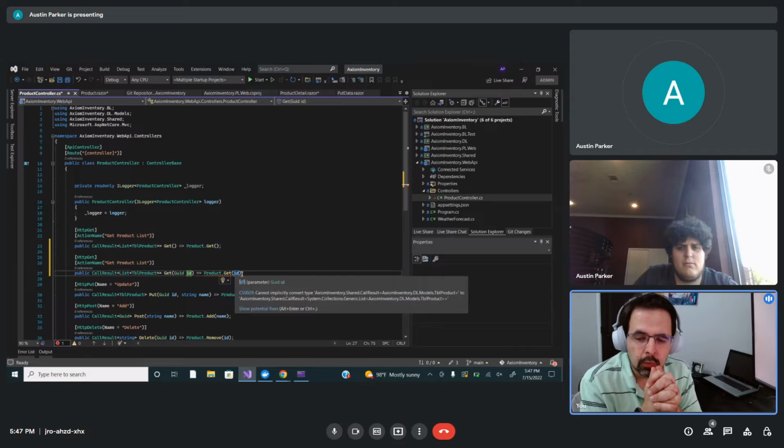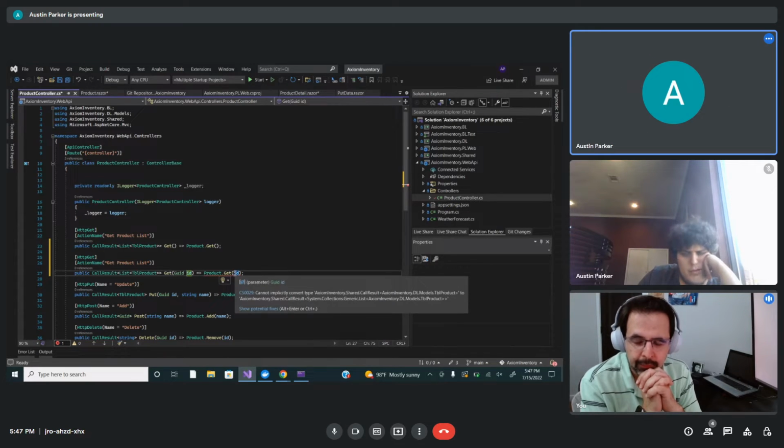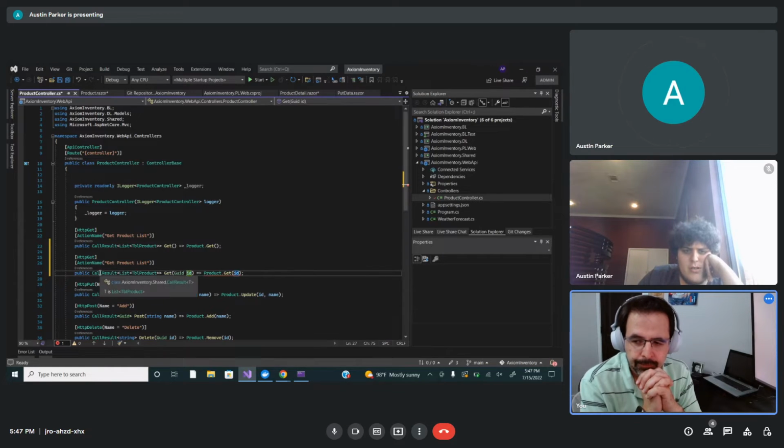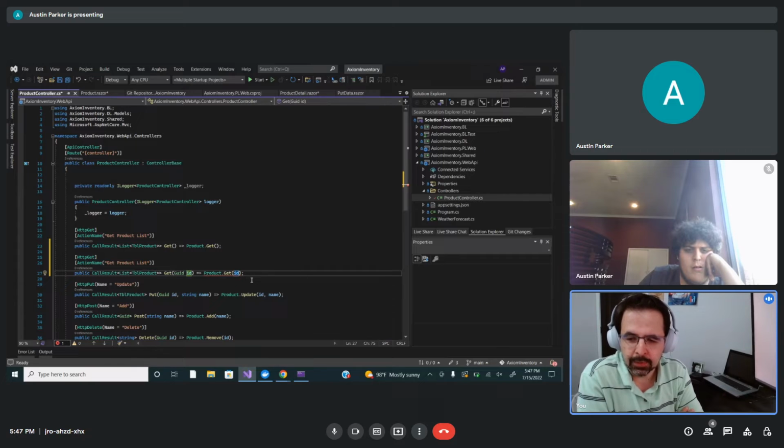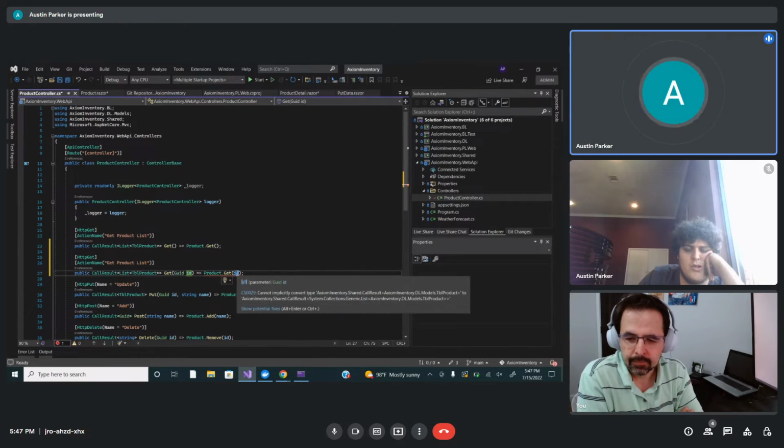Okay, the complaint here, since the entire thing is red, means something on the right, something that product.get is returning, does not match what is on the left. What is on the left? On the left, it's call result. Oh, it's a list. Yeah, TBL product. Okay, so what is get returning? The dot get with an ID on it. It's just returning